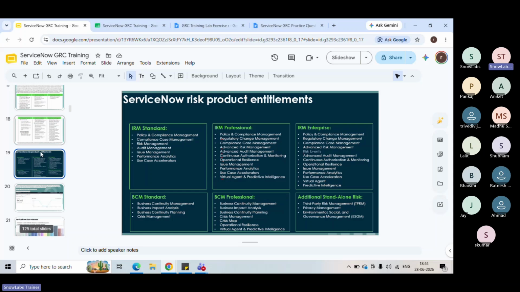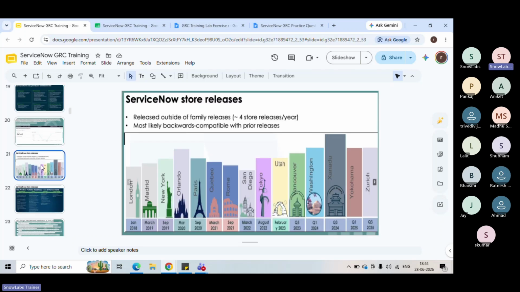We also discussed the different versions. Currently we are on the Australia version, and we might get new versions upcoming. So how do the different versions of the platform work, and how do they impact us? There will be two types. One is your platform upgrade, or the name of your platform release. Also, we have something called ServiceNow Store releases, so we will have ServiceNow Risk and Policy